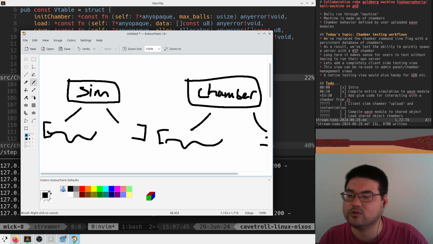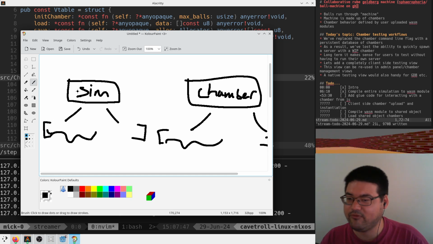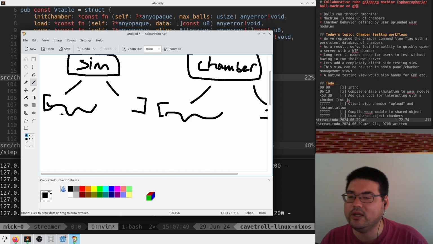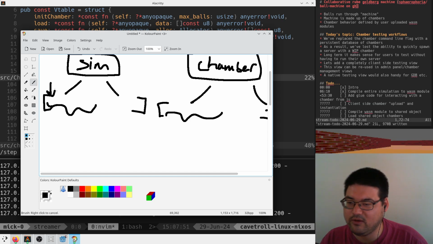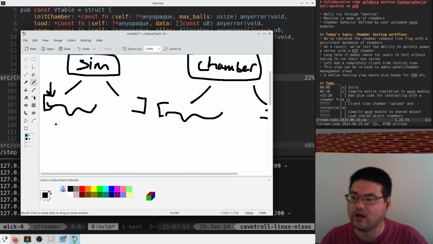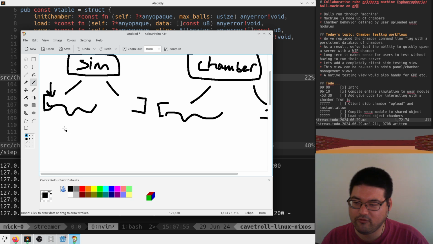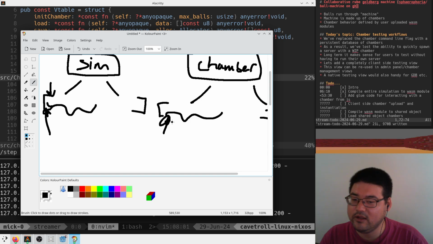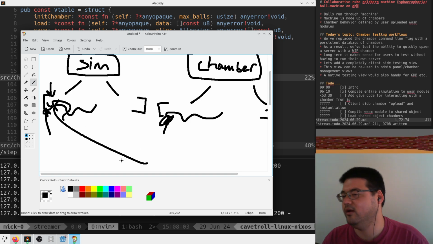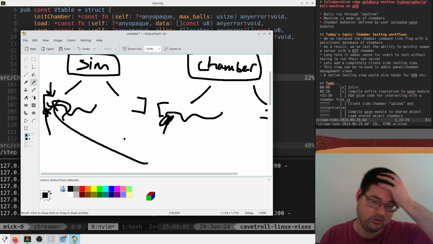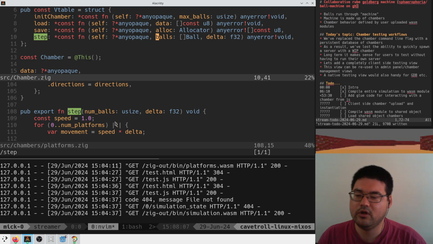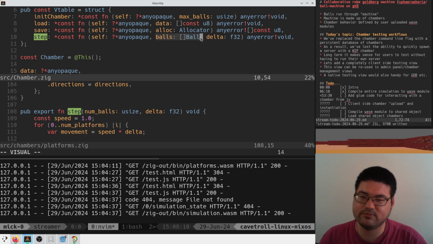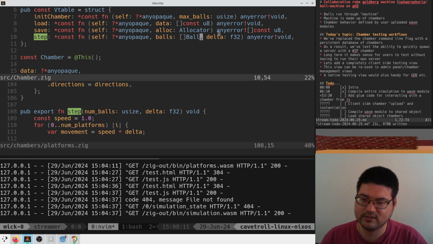And so what we need to do is, when we call our step function on the simulation side, we need to find our balls in memory here, ask the JavaScript to copy those balls out from here and stick them over here, and then call the step function. And then when the step function is done, take these balls and just copy them back. I think that's what we're supposed to be doing here. Which makes sense because that's why this balls API is like this. So,